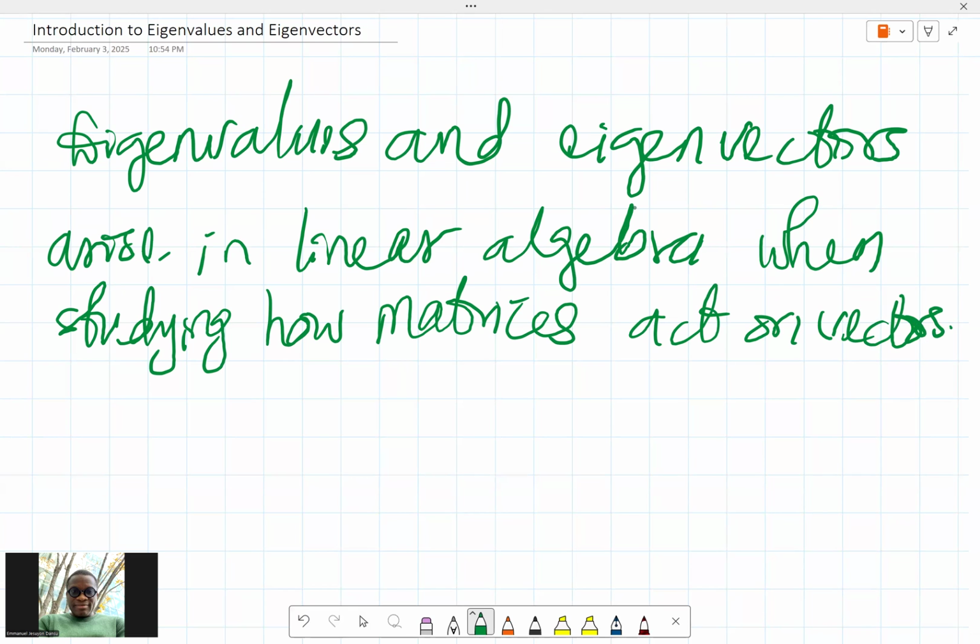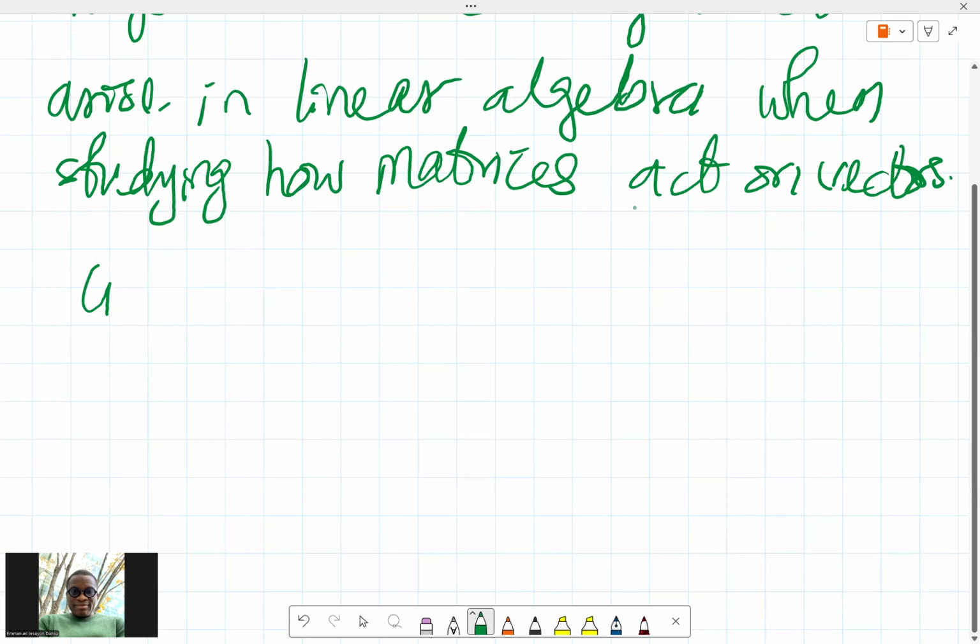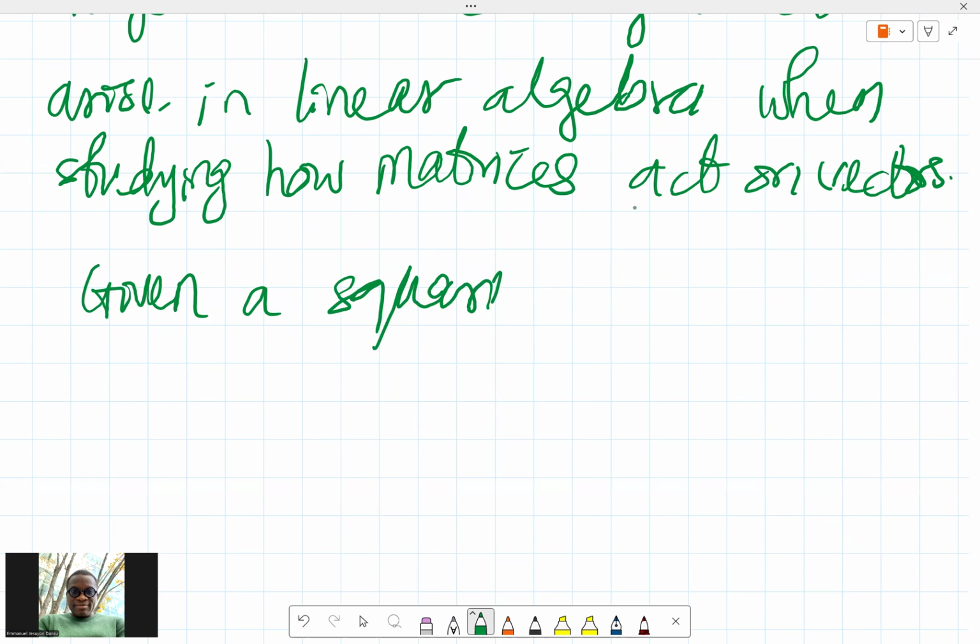Given a square matrix, on the matrices playlist you'd see everything about matrices, like what a square matrix is and all of that. So given a square matrix A, of course, a square matrix is simply a matrix with equal number of rows and columns, basically. So given a square matrix A, an